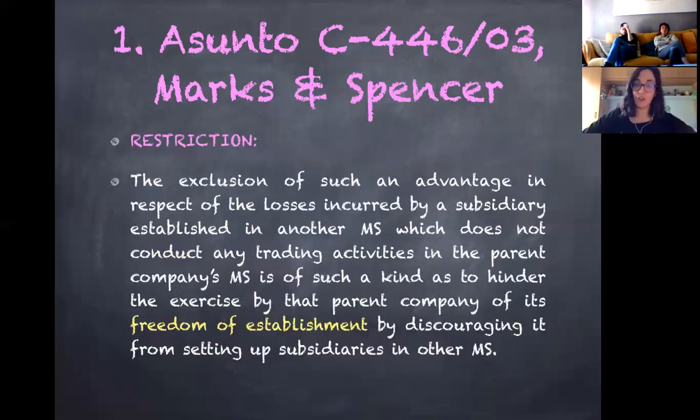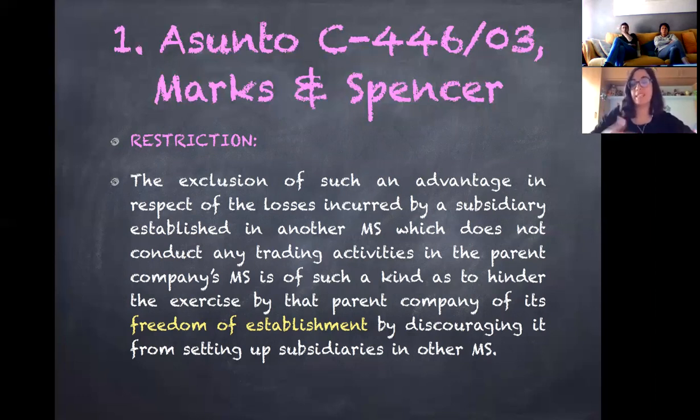As we all know, for each decision, the ECJ always follows the same scheme. First of all, we have to check if there is or not a restriction, so if cross-border situations are treated in a different manner from national or domestic situations. Under the ECJ opinion, the exclusion of such an advantage in respect of the losses incurred by a subsidiary established